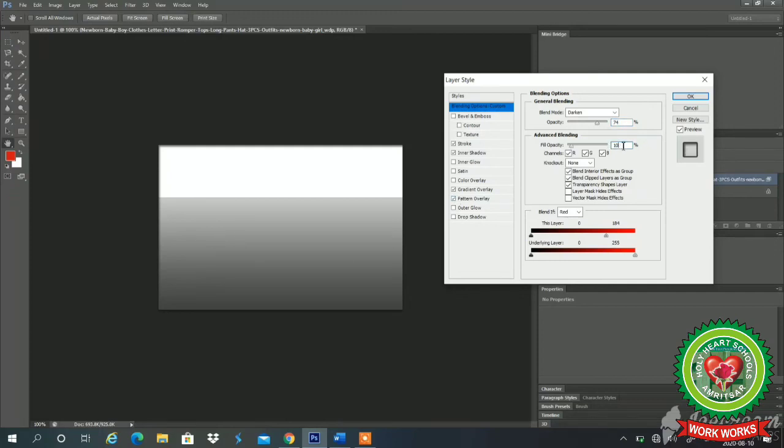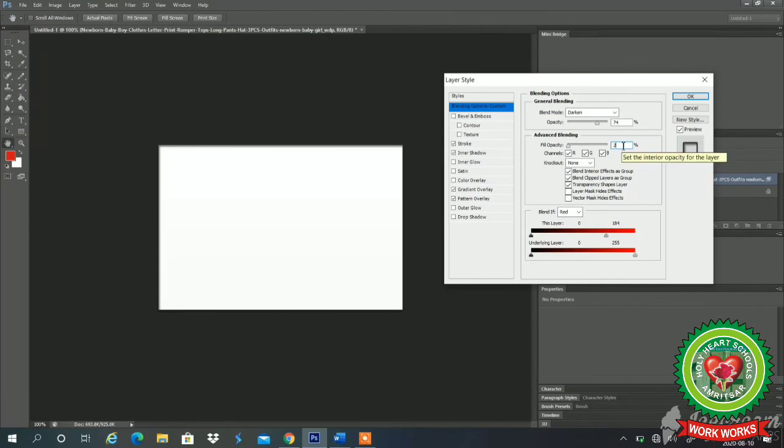Opacity, I can make it less, choice is mine. In this way we can choose any blending options from there, and we can make the picture as per our requirement. And at the last, if the changes are okay with us, we can click on this OK button.